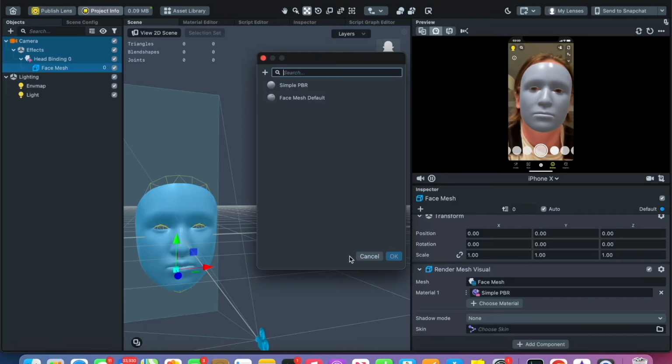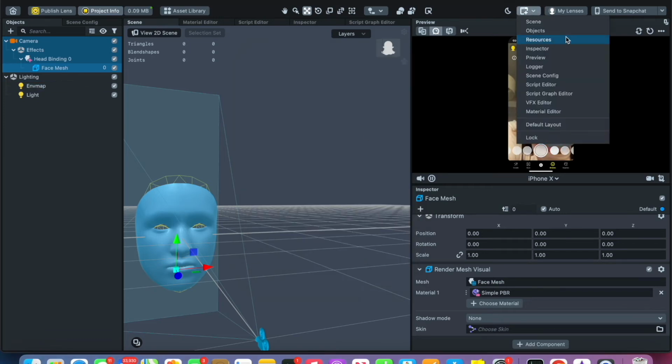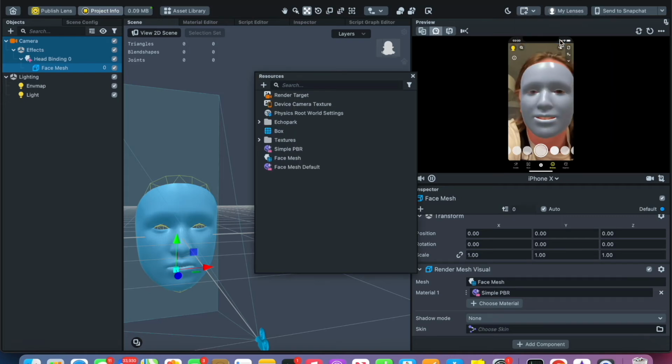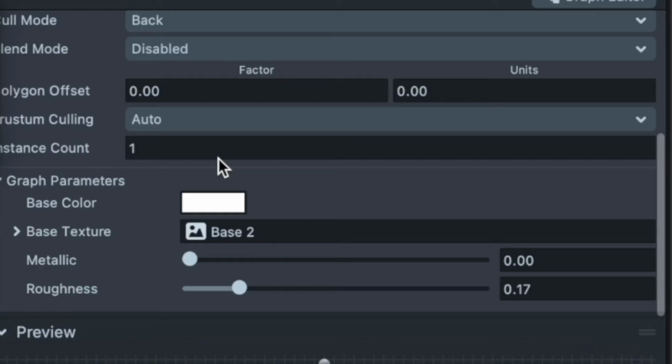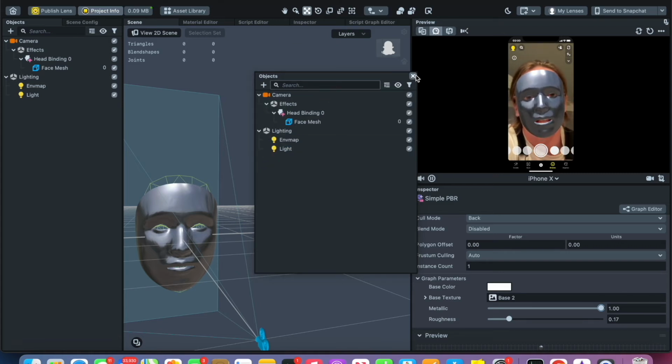Well, I think we kind of changed the metal back to the way it was. The objects. There they go. No, we want the resources, not the objects. So here's the thing, and there's the inspector. Let's make it metal. Okay, so say this is your lens, and you could technically publish this lens,